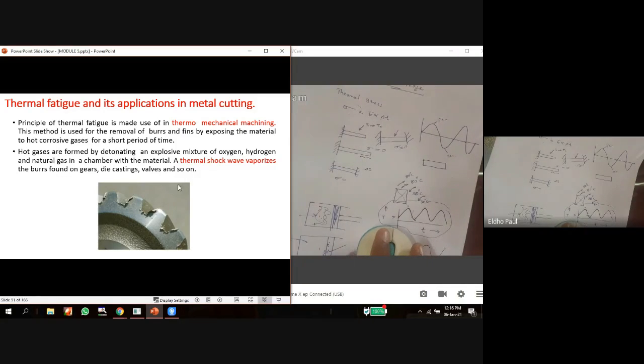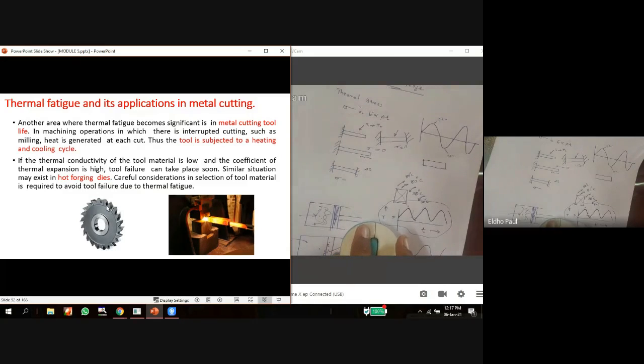By means of a shock wave, by thermal shock, we can actually vaporize these burrs from the component, thereby getting a smooth surface. So that is one of the applications of thermal fatigue. We can remove the burrs from the surface of the components by means of thermal shock. Okay, the second application is